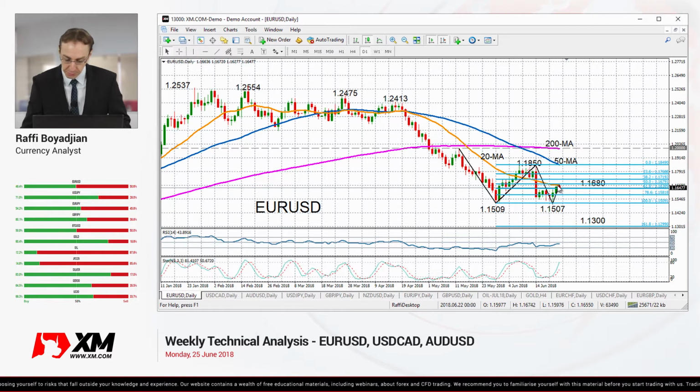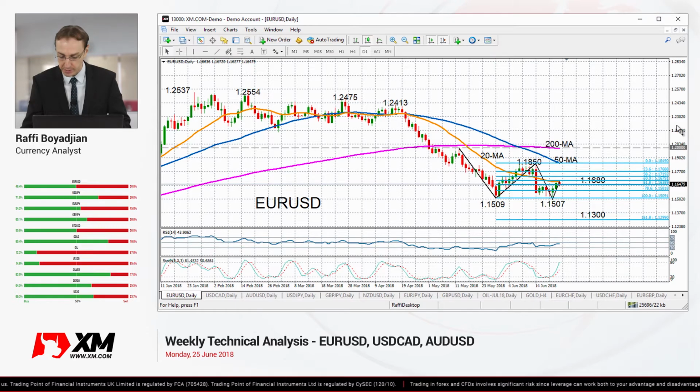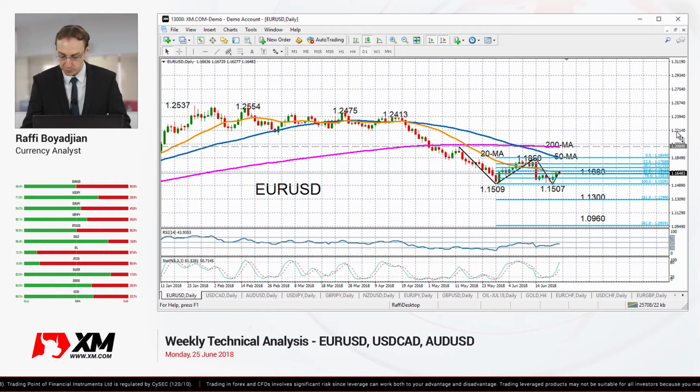1.1850. So if the pair fails to break above that resistance, we could see prices heading back down again, with the key support being the 1.1507 level. That's the lowest in a year. Below that, we do have the 161.8% Fibonacci projection at 1.13, and below that we have the 261.8% Fibonacci at